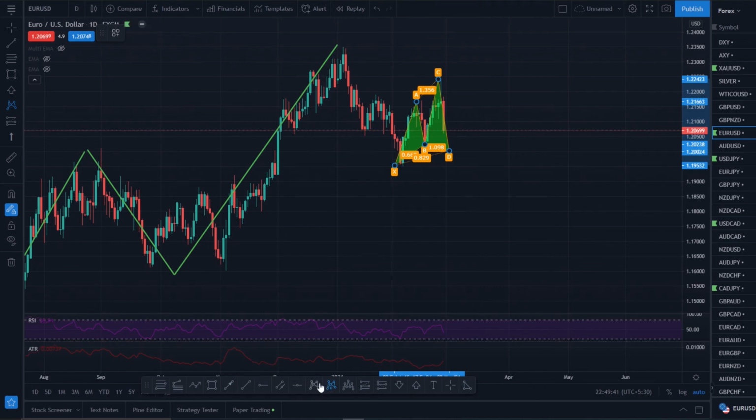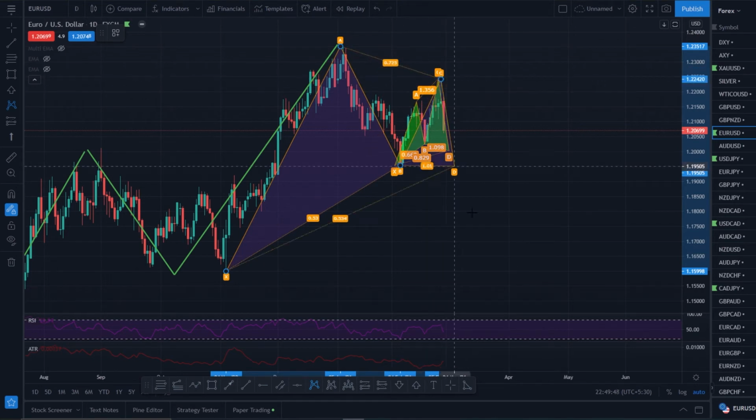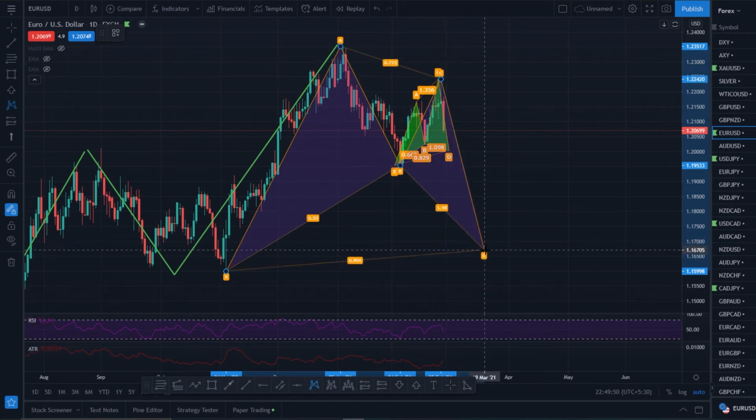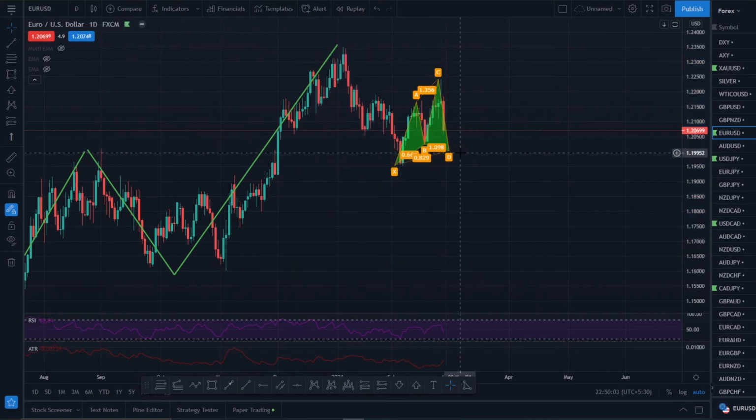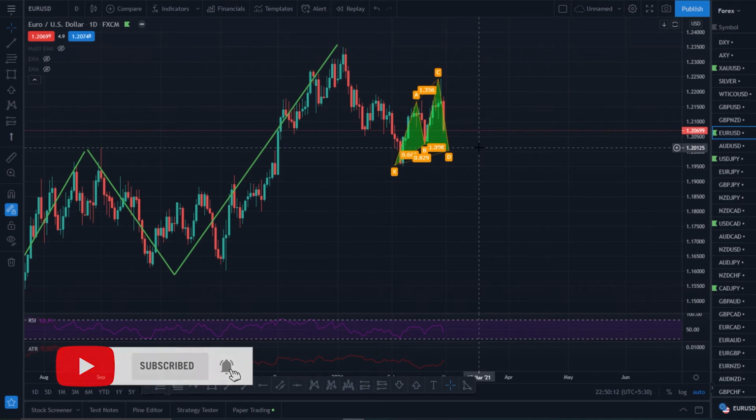If it is doing a complex pullback, then we can expect the market to come down all the way to, let me check, all the way to the 1.16 level. So this is what I'm looking at, Euro USD. My plan is, if the market reaches this 1.19 level, then if there is any kind of reversal pattern over here on this level, then I'll be looking